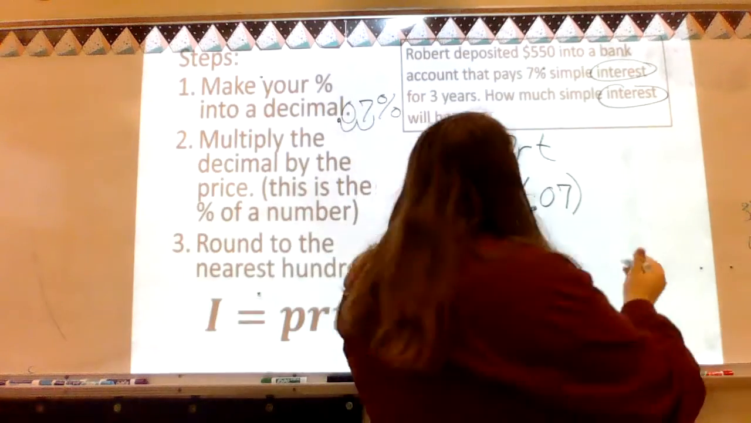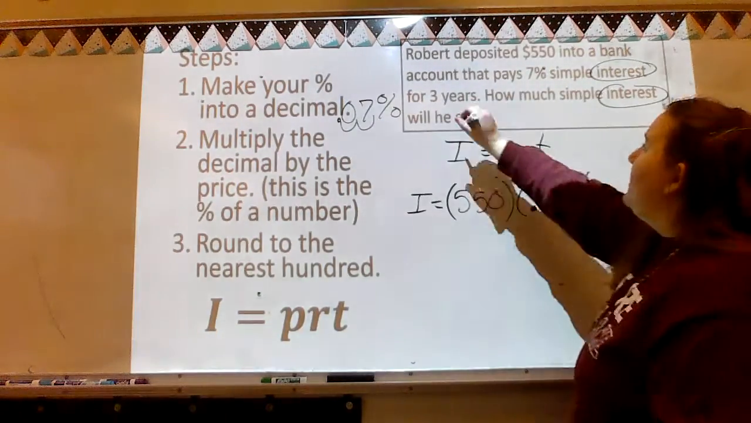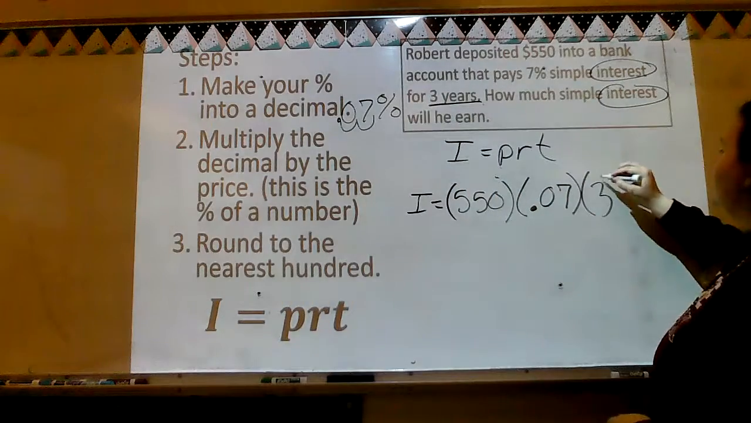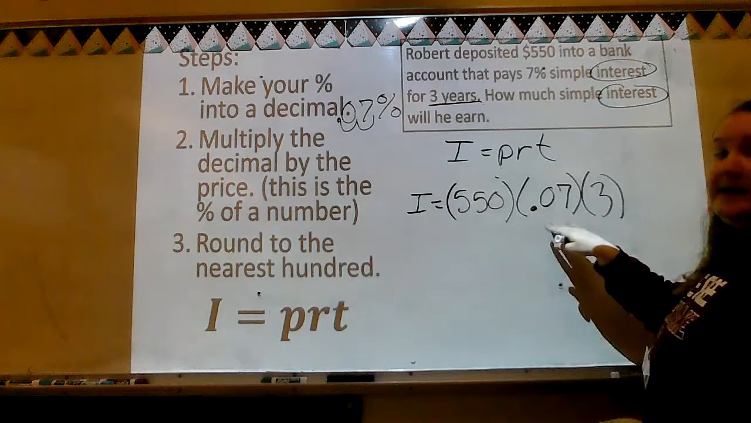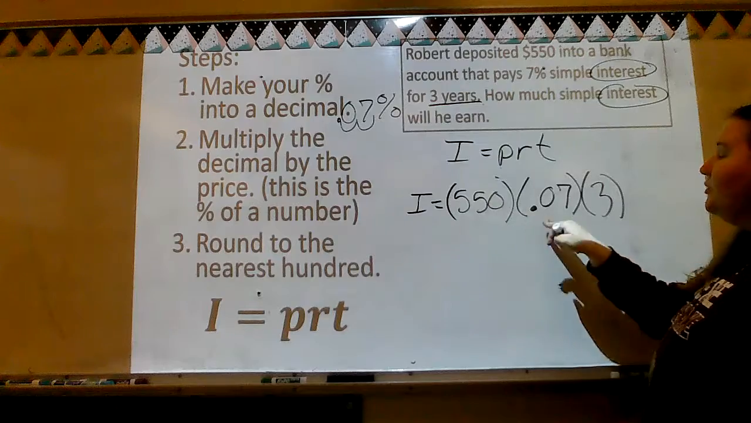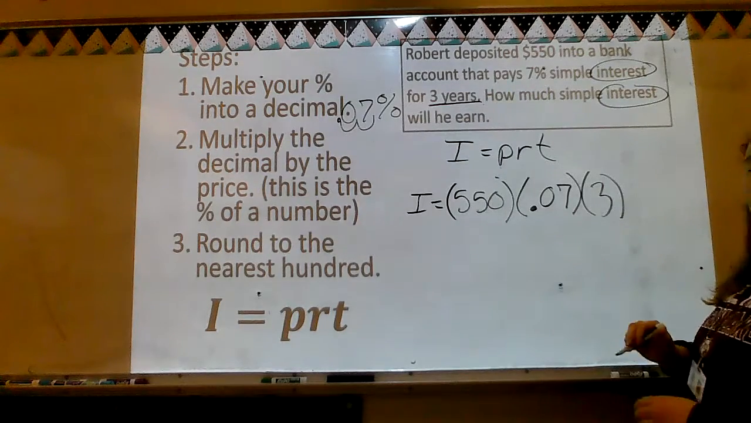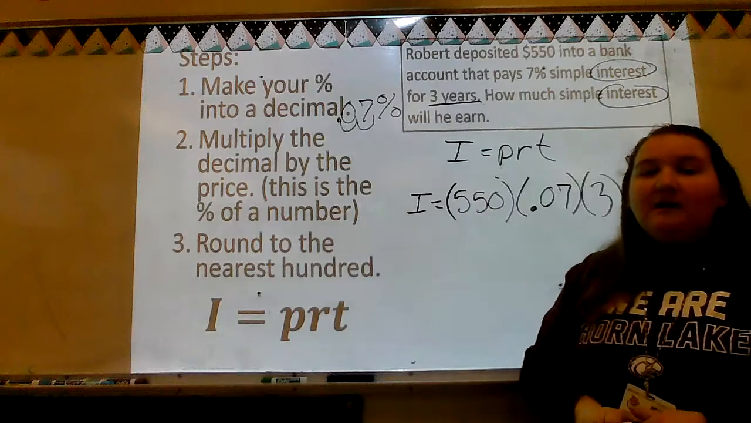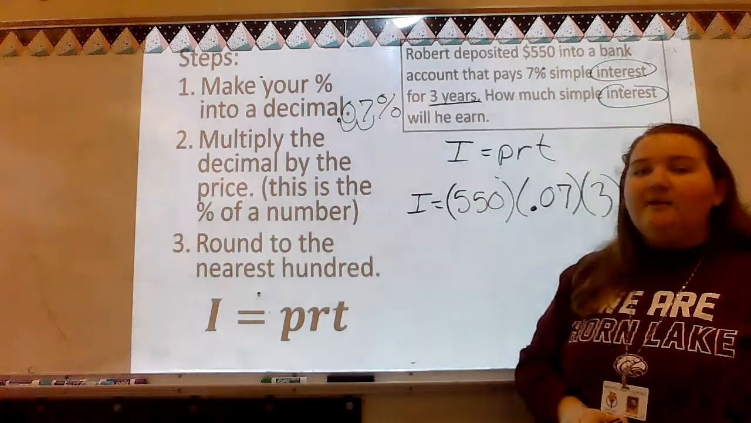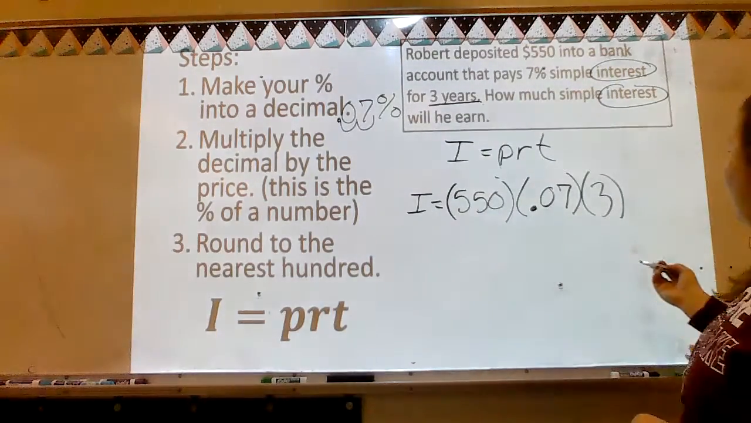And lastly, T is for time. We have 3 years. Price, percent, time. Principal, rate, time. Time is 3 years, okay? So you can plug those into your calculator on your phone or your computer or whatever. And when you multiply those out, you're going to get